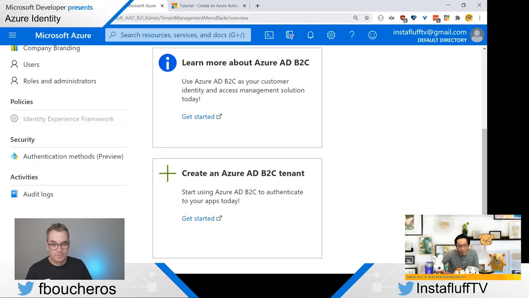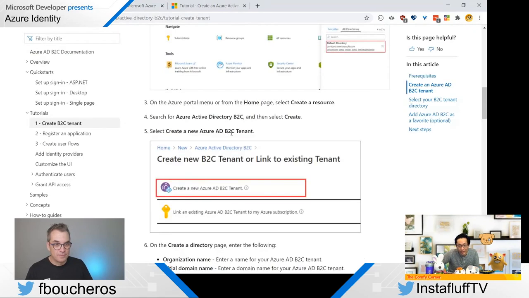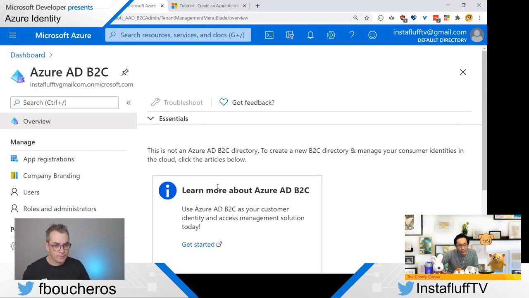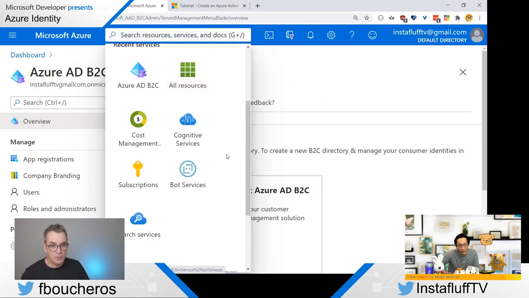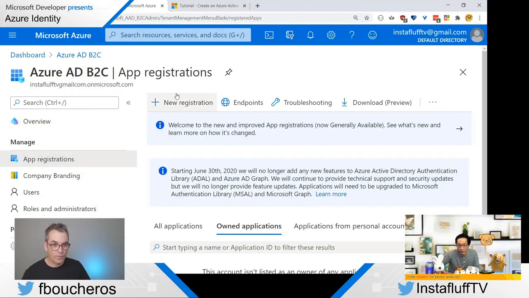I've done this before, and I can't remember. Let's see, it's B2C, and then select create. Do you want to create a principal? So you need to go in the app registration section, maybe? Oh yeah, maybe. And then new registration?